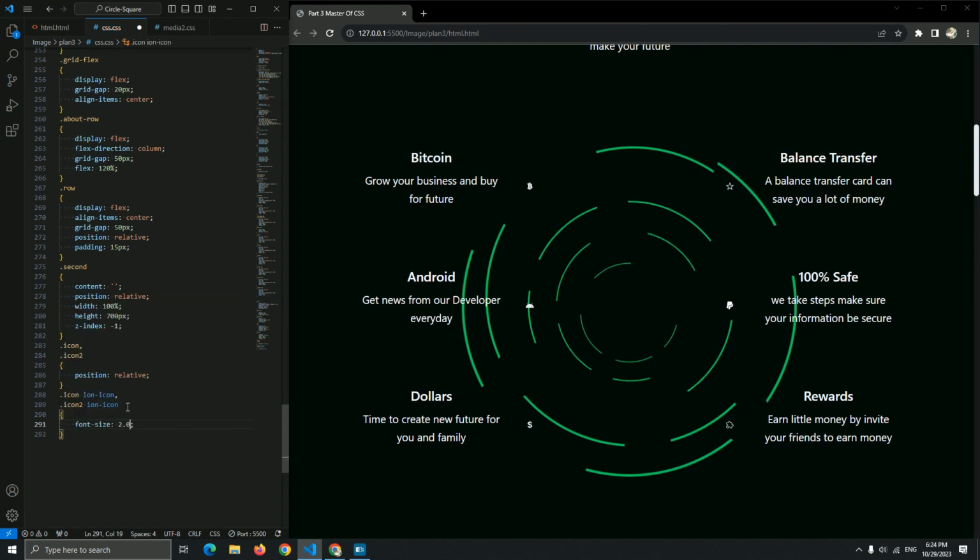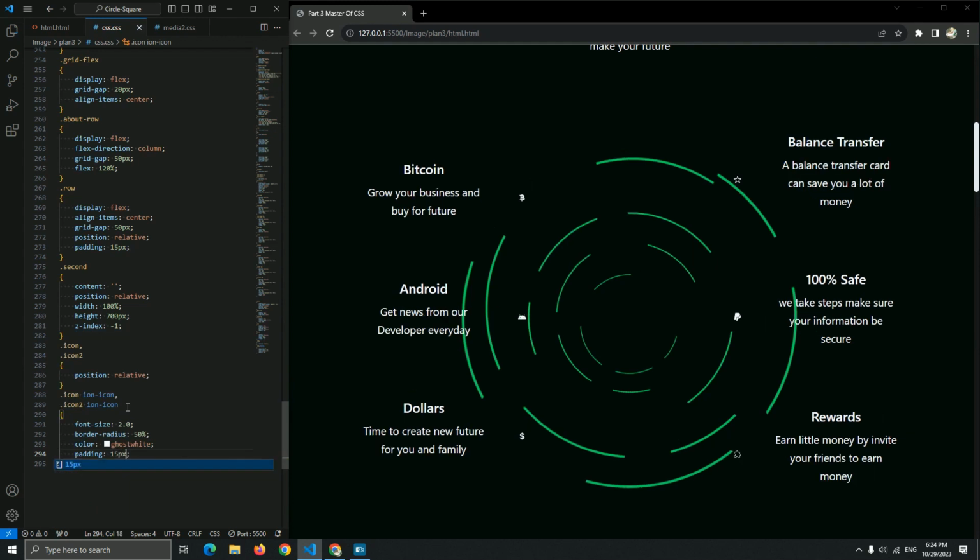Okay, now for the font size, let me add 2.0, and the border radius 50%, and the color white. Okay, let me add a padding of 15 pixels.